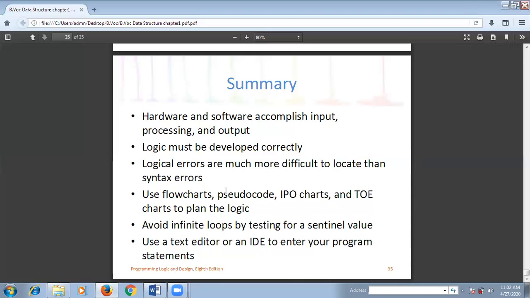Then what is pseudocode? Pseudocode is nothing but an English-like representation of the software that we want to implement. It is not exactly programming code, but it contains some statements which represent how we can solve the problem.